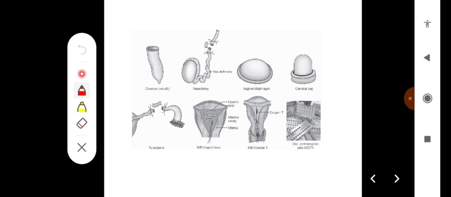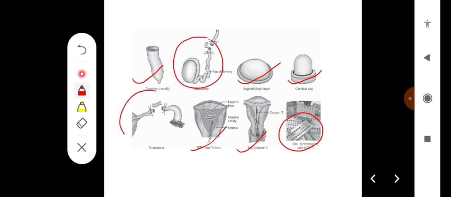These are the different methods of contraceptives that have been used. In males, it is condoms. In females, vaginal diaphragm or cervical cap, or there can be utilization of intrauterine devices of different generations, and there can be utilization of oral contraceptive pills like combined pills, sequential pills, and morning after pills, and also some of the permanent methods like in males it is vasectomy, and in case of females it is